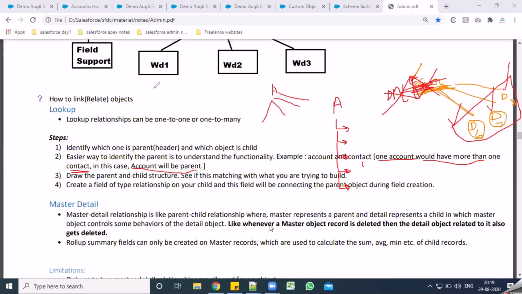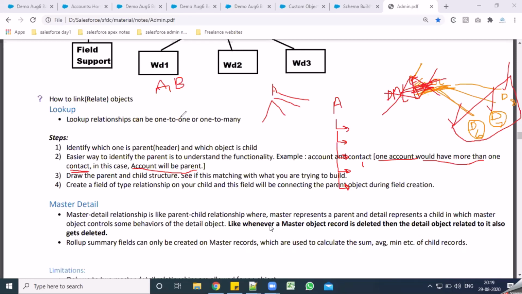If you have an object A and object B, after understanding the functionality from your business, who can give you that functionality? Your business will let you know what needs to be done. They'll give you a scenario.